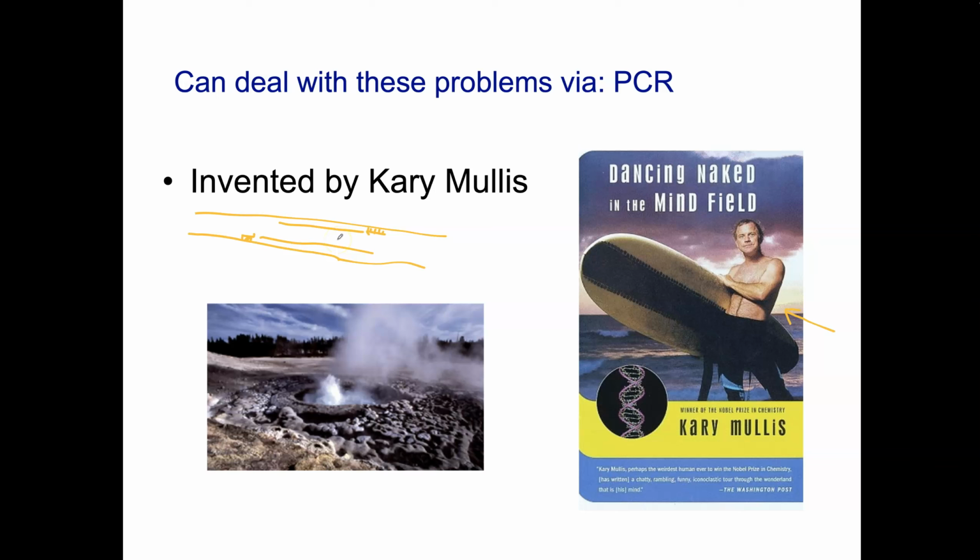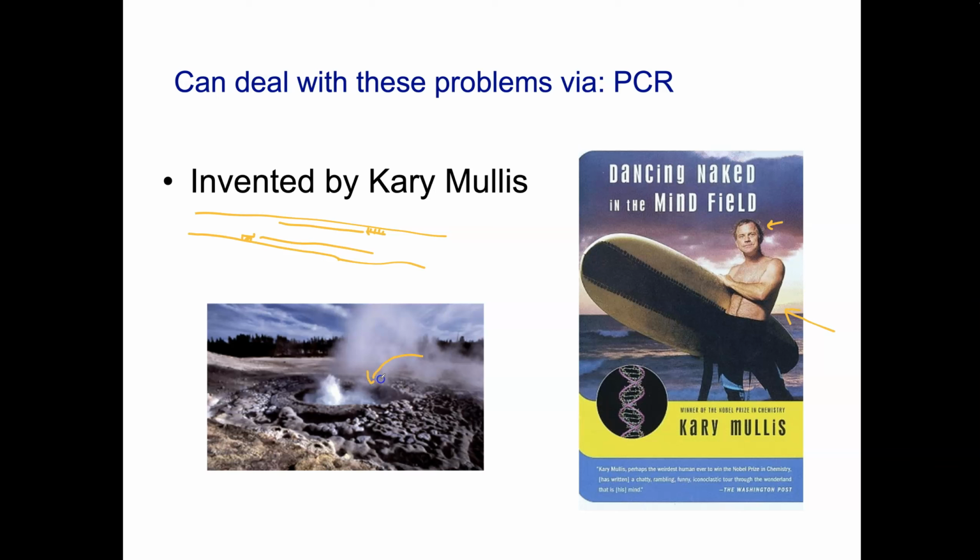Now, those of you who did 357 know that it's a little more complicated than this. There are sort of intermediate linear products, but we're just going to look at the amplification of the intended product for this purpose, because we're talking about using PCR and not necessarily the detailed mechanism of how it works. So we needed the mind of Kary Mullis, and then we also needed something that came a bit later,